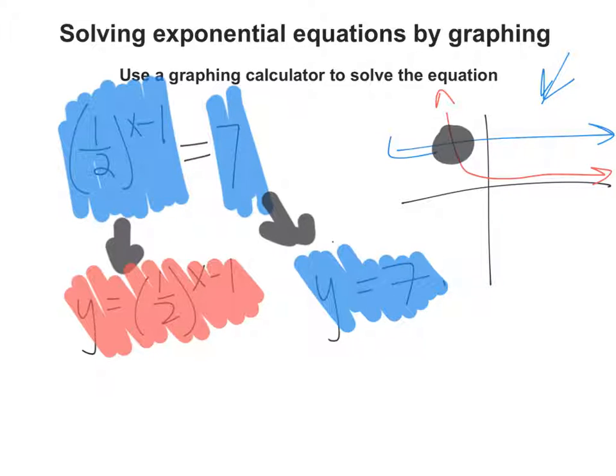In order to do that, you're going to go ahead and hit second trace. Go to option 5 where it says intersect. It's going to ask you for the first curve and the second curve. You're just going to hit enter, enter, and enter. And then it'll populate and give you a value below that says x equals